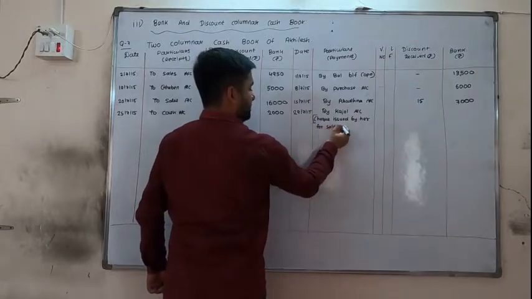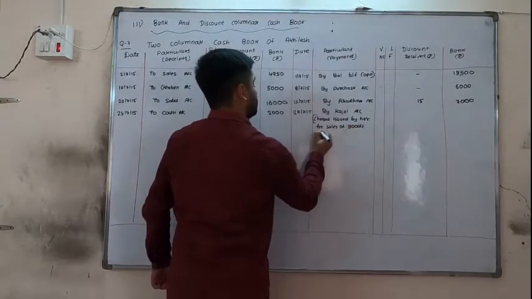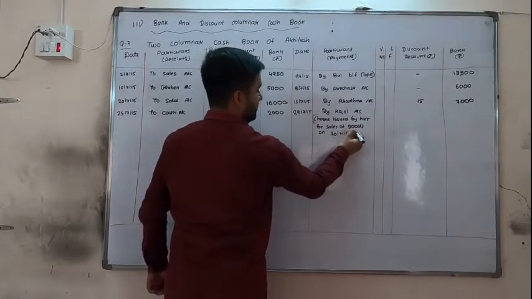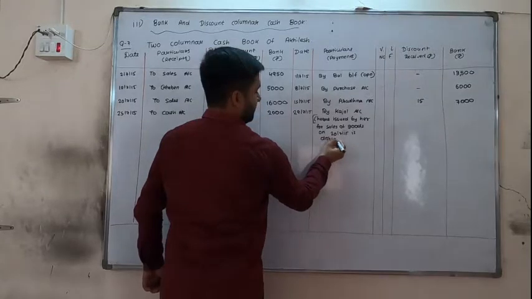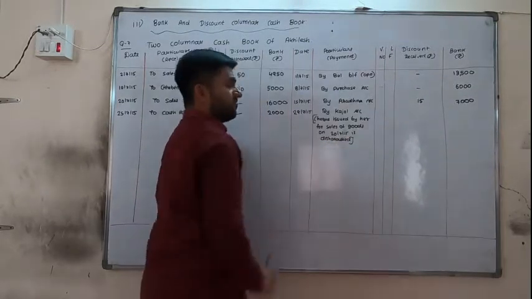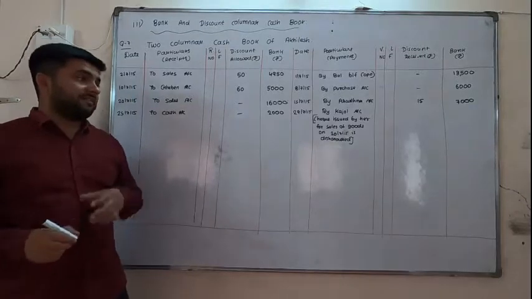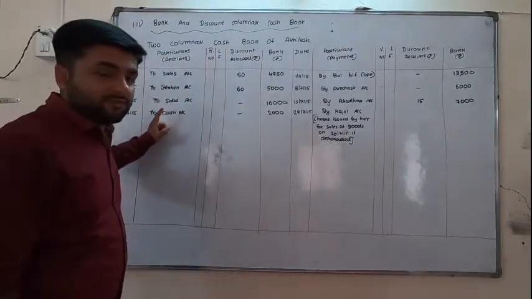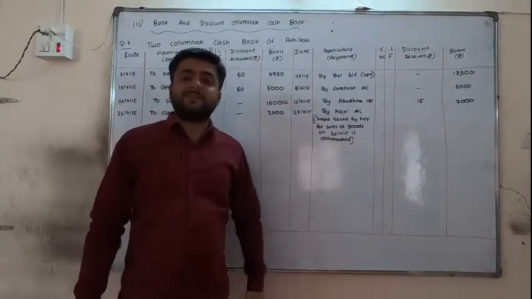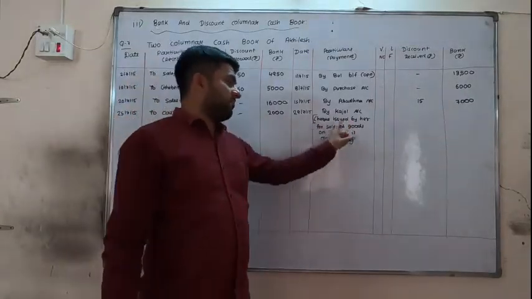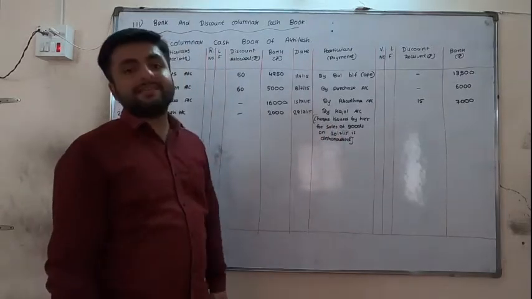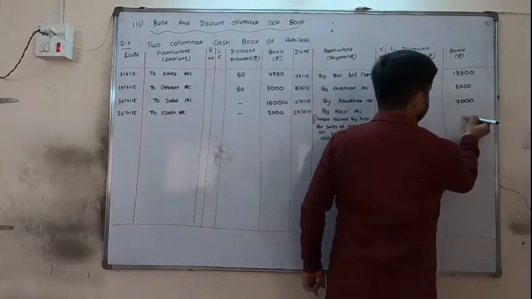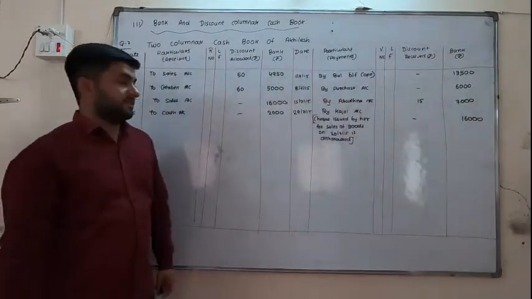for sales of goods on which date? Dishonored. We have to mention why we are writing the name of Kajol here and why the check is dishonored, so it is on this side, because when she gave us the check it was debited. Now that same check has been dishonored, so check issued by her for sales of goods on 20/7/15 is dishonored. Now the amount will again be 16,000. That's all. The thing is completed.